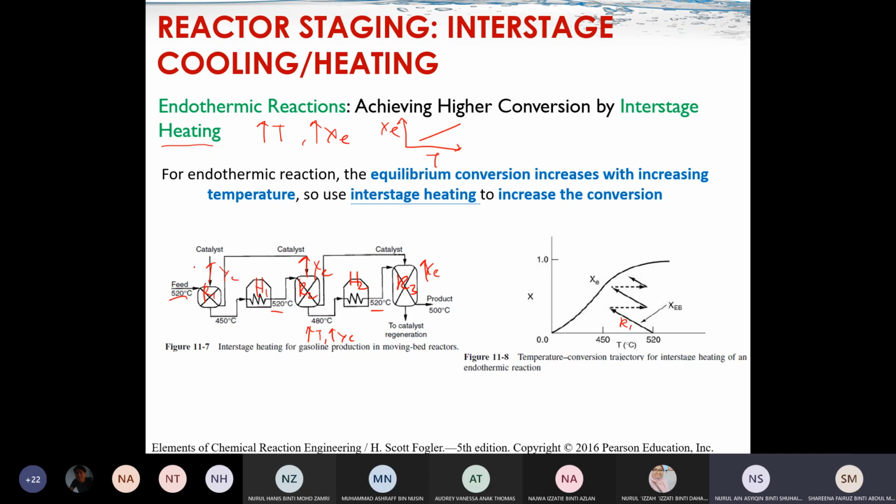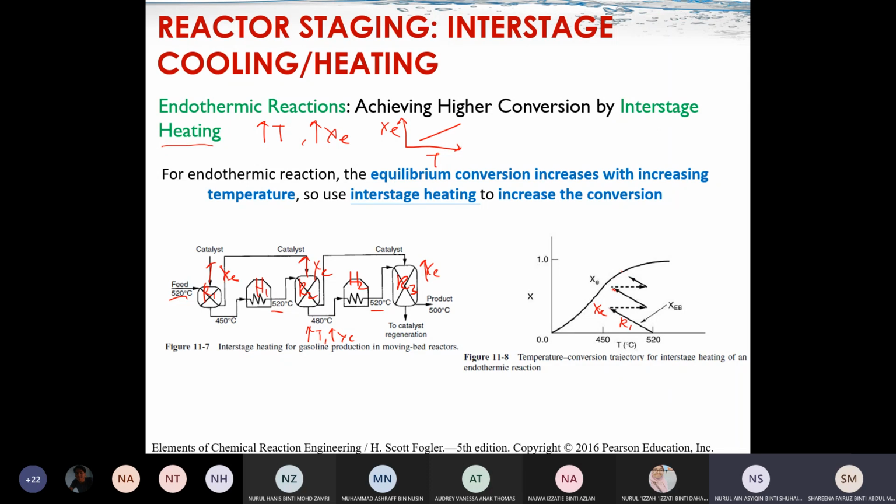Alright, so it will reach at first XE here. Okay, so for the second XE, kita nak increasekan dia. So we manipulate the temperature. Alright, so we need to increase the temperature back from 450 to 520 degrees Celsius in order to reach a higher XE here. Alright, again, as long as benda ni boleh lagi, we reach a higher XE, so kita try to increase